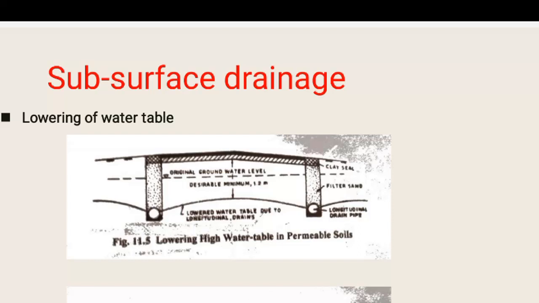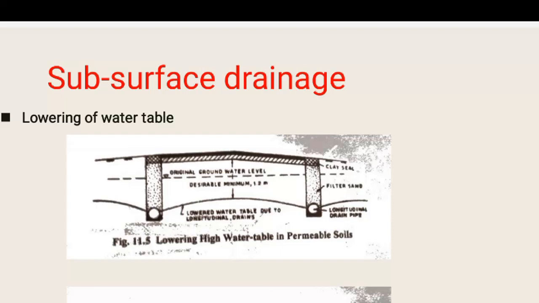Changes in moisture content of subgrade are caused by fluctuation in groundwater table, seepage flow, percolation of rainwater and movement of capillary water. In subsurface drainage of highways, it is attempted to keep the variation of moisture in subgrade soil to a minimum. However, the gravitational water can be drained by usual drainage system. So we'll be seeing in detail.